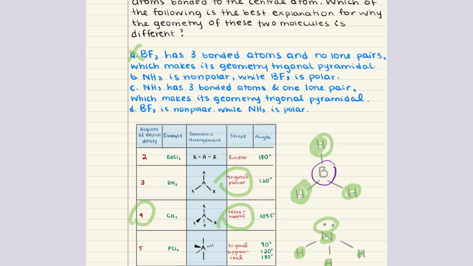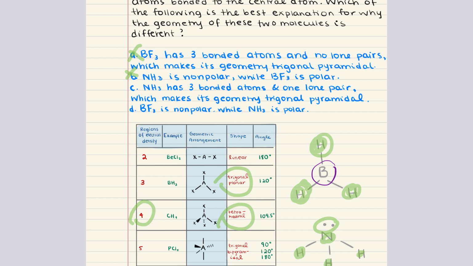B says ammonia is nonpolar while boron trifluoride is polar. Okay, the statement is also incorrect. In fact, boron trifluoride is nonpolar due to its symmetric trigonal planar shape, which causes the dipoles to cancel out. Ammonia, on the other hand, is polar because its trigonal pyramidal shape results in a net dipole moment. So not B either. C says ammonia has 3 bonded atoms and 1 lone pair, which makes its geometry trigonal